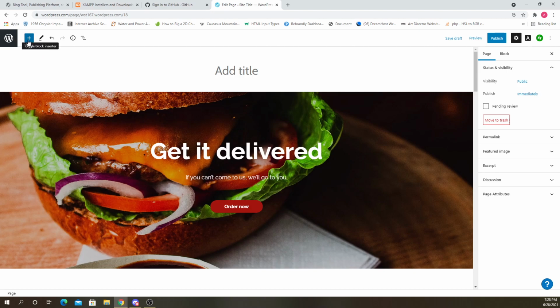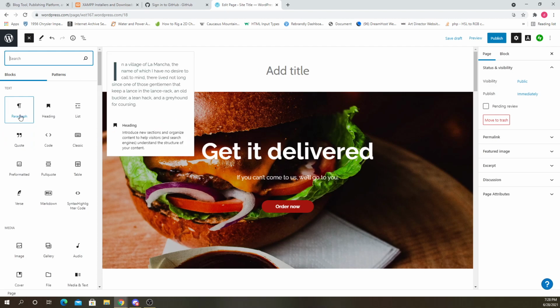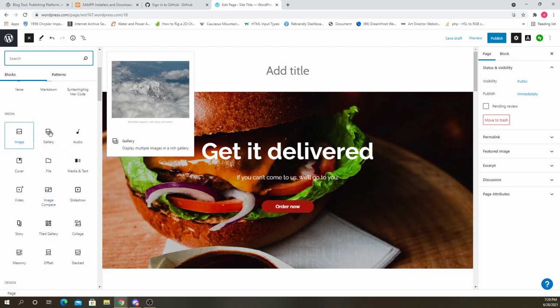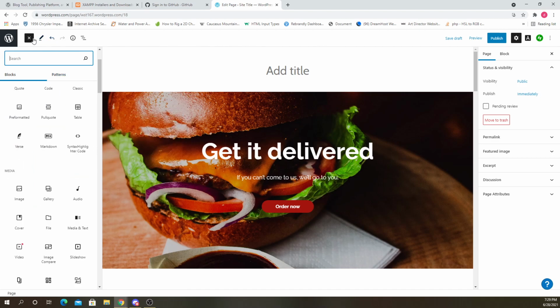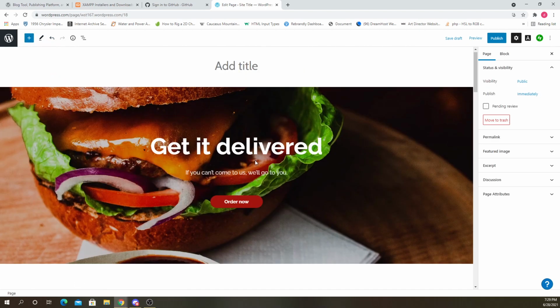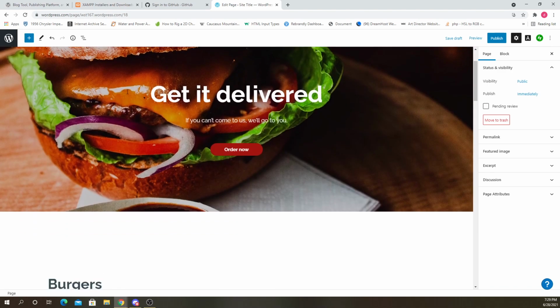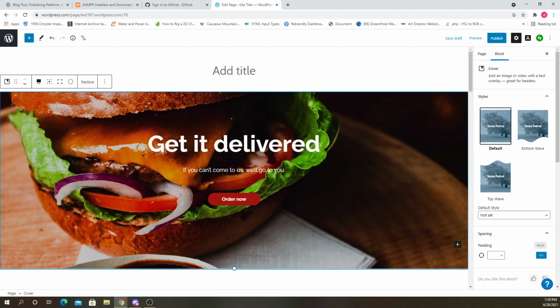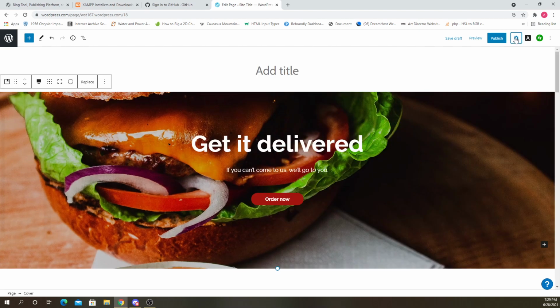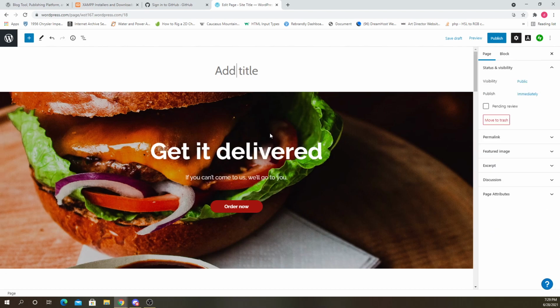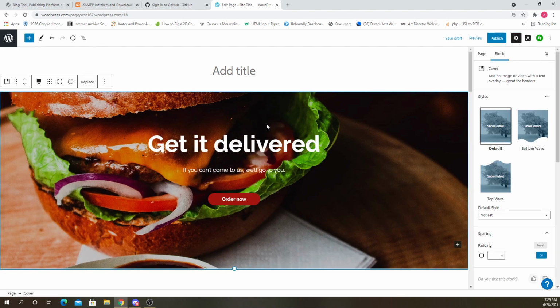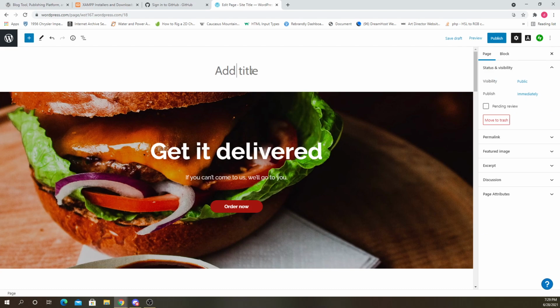So we could add new blocks if we want. Remember, we could click this and pick a paragraph, heading, or an image, or a gallery, or slideshow. All kinds of blocks available here. Or we could just edit this one. It's already got a bunch of blocks in it. So, for example, this block right here, if you click on it, you can see here, if you click the options on the side and open this and click on block, it'll tell you what type of block this is. So this one's a cover. This one is not a block.